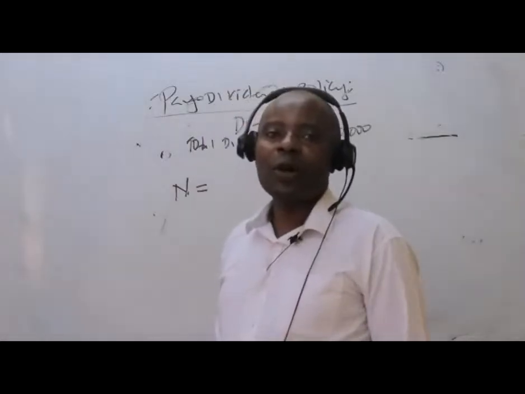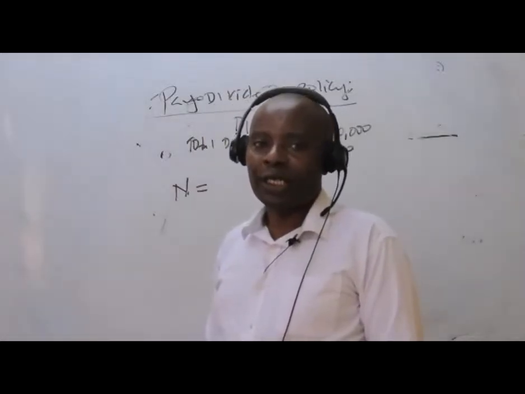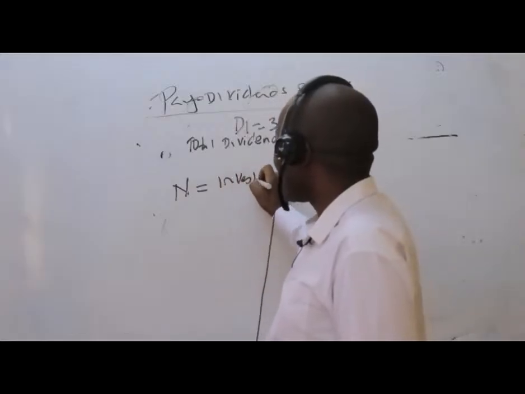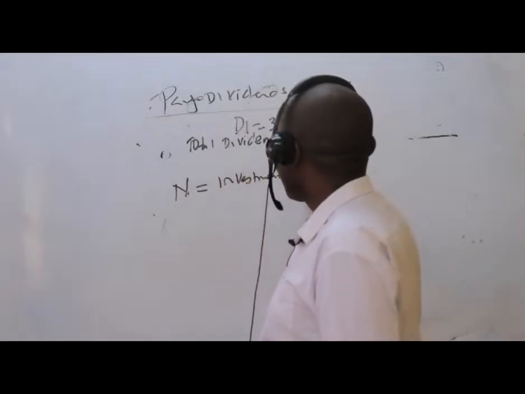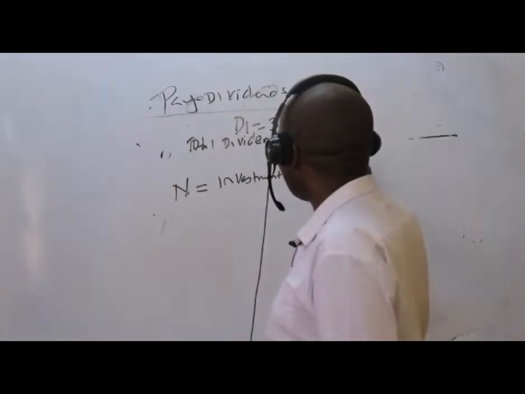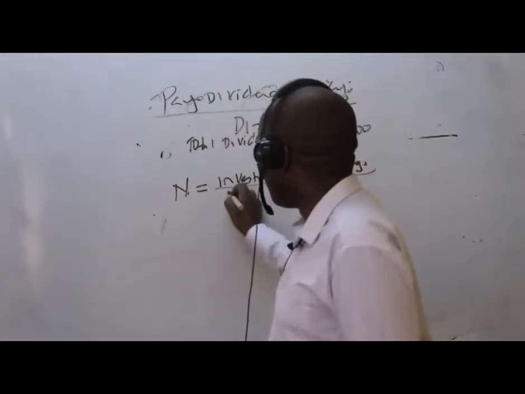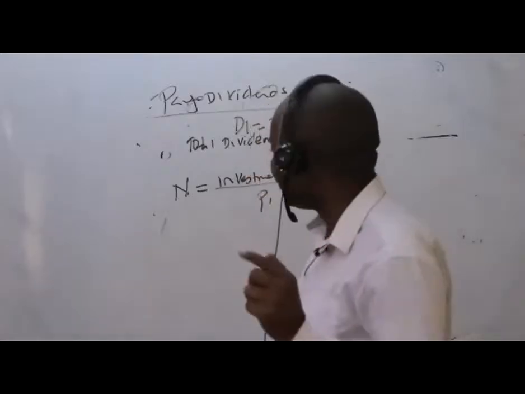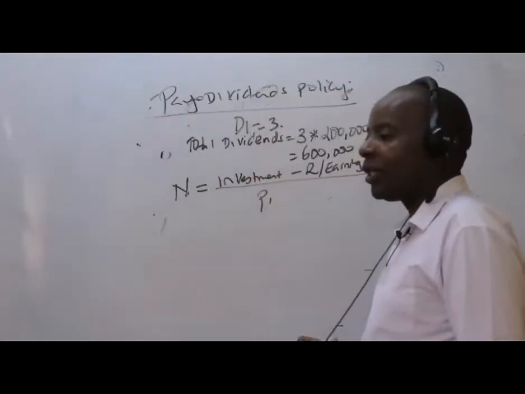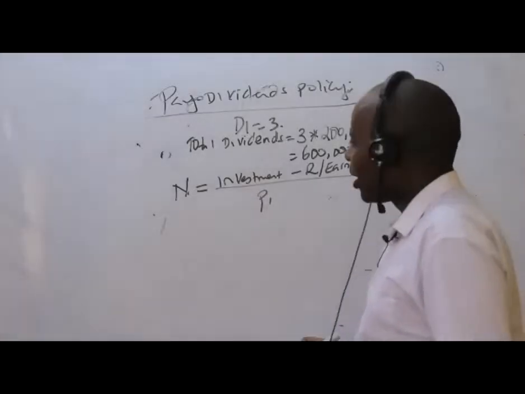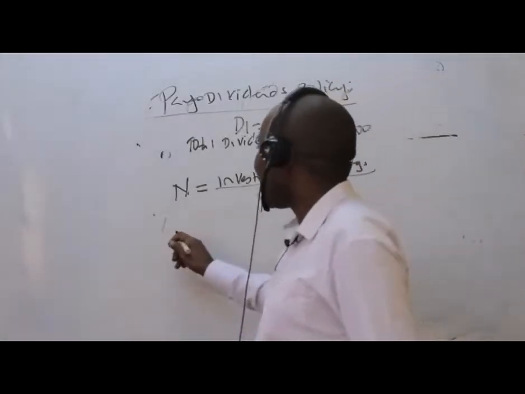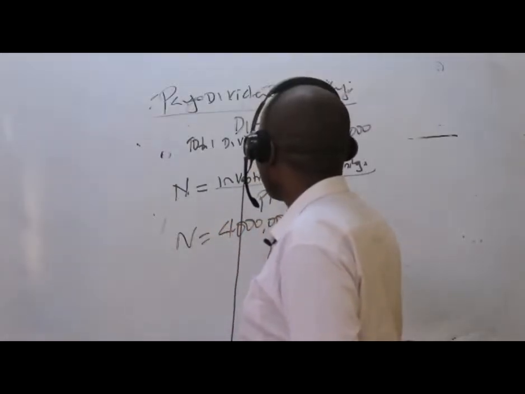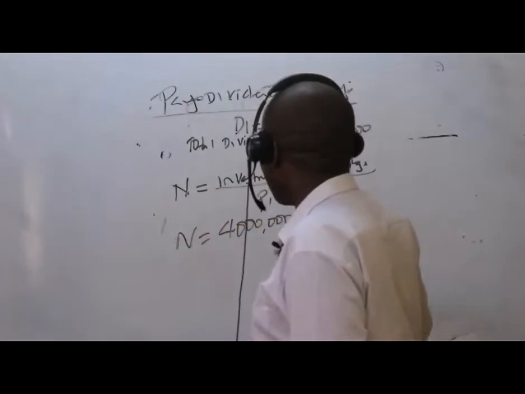Right? So how do I get the new shares? To get the new shares, we normally take the investment minus retained earnings, all over P1. What I do not have here for sure is the retained earnings, but I can easily get this. So my N will be equal to the investment, which is 4 million, minus, in brackets,